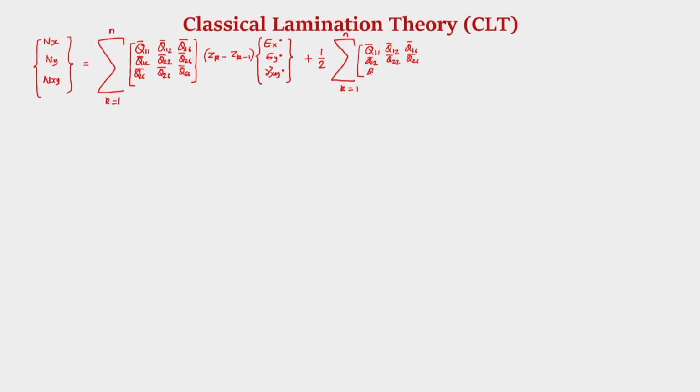Okay. This is again Q bar matrix: Q16 bar, Q26 bar and Q66 bar, multiplied by z k square minus z k minus 1 square, this is the integration, divided by 2 we have taken outside, and this is multiplied by the curvature k x, k y, k x y. Okay. So, this is your equation number 13, and we could now write this as